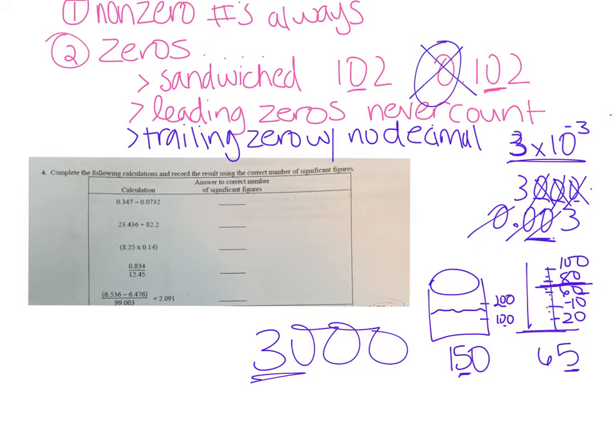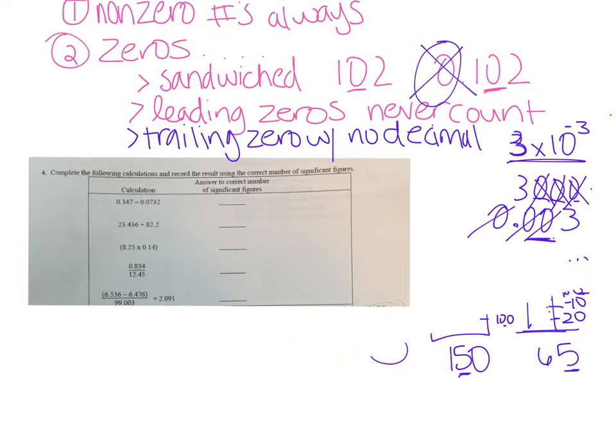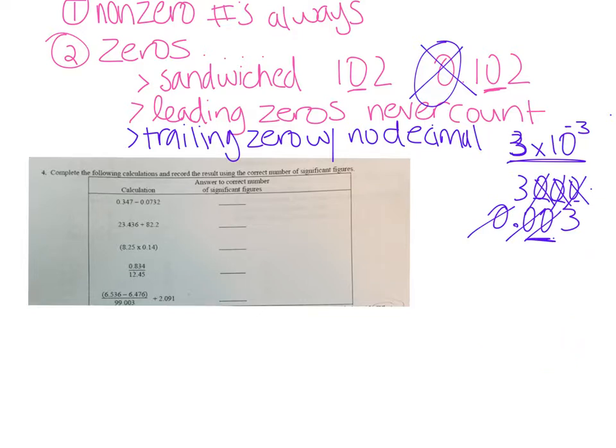You're only as accurate as your least accurate device. And so just make sure you're paying attention to those trailing zeros. All right, let me give myself a little bit of space here. And now we're going to talk about the math rules real fast. So while I'm erasing, the math rules come down to you are either